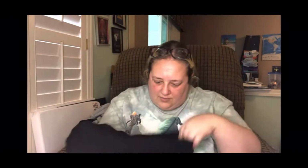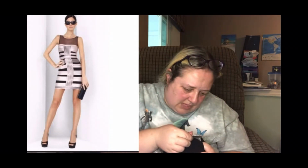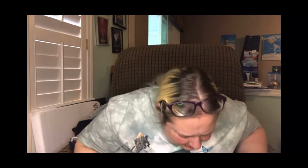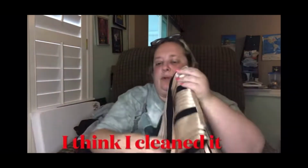Oh, it has some stains. Let's see, is this washable? Let's see if I can find the tag again. It is not washable, so I'll either have to just list it with the stains or pray that it makes it through. Yeah, there's a lot of stains. Oh god, the whole back has stains. So depending, this might be a redonate, which is sad because this would have been a really cute holiday